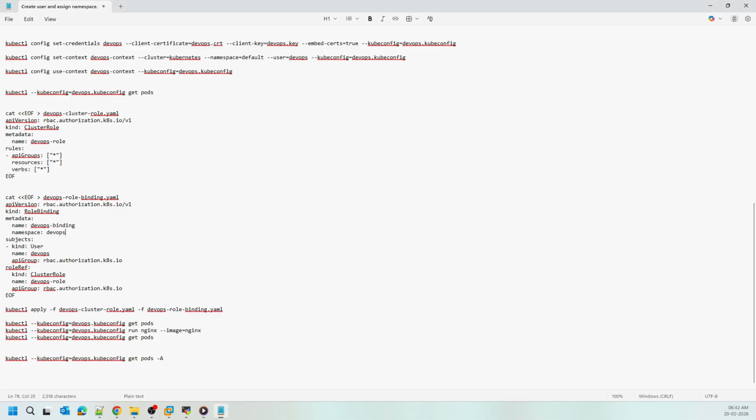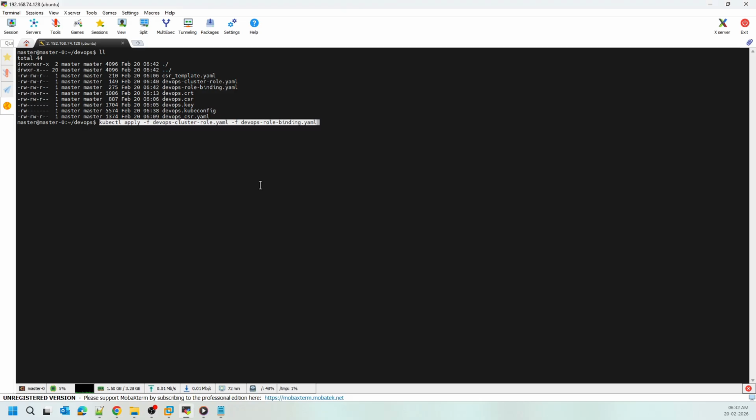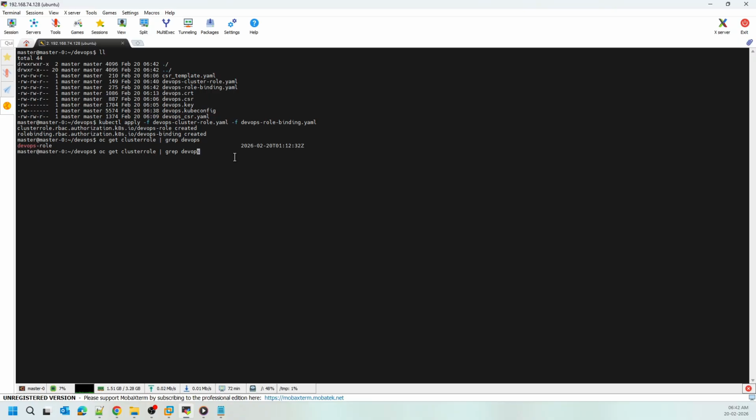So now I'll create this with a single command. I'll create this role and role binding. Okay, so this is created. If I do an oc get cluster role and grep for DevOps, you can see the role is created. And if I do a role binding,